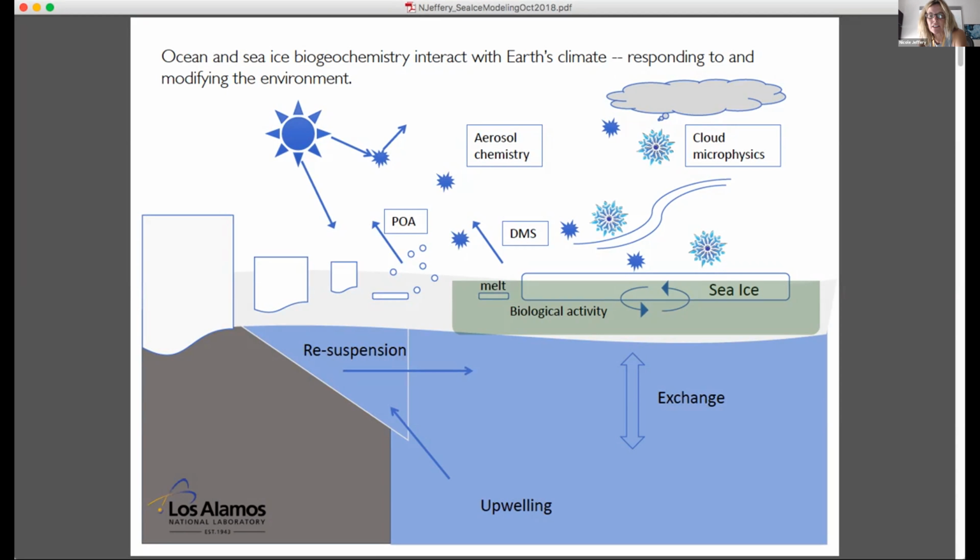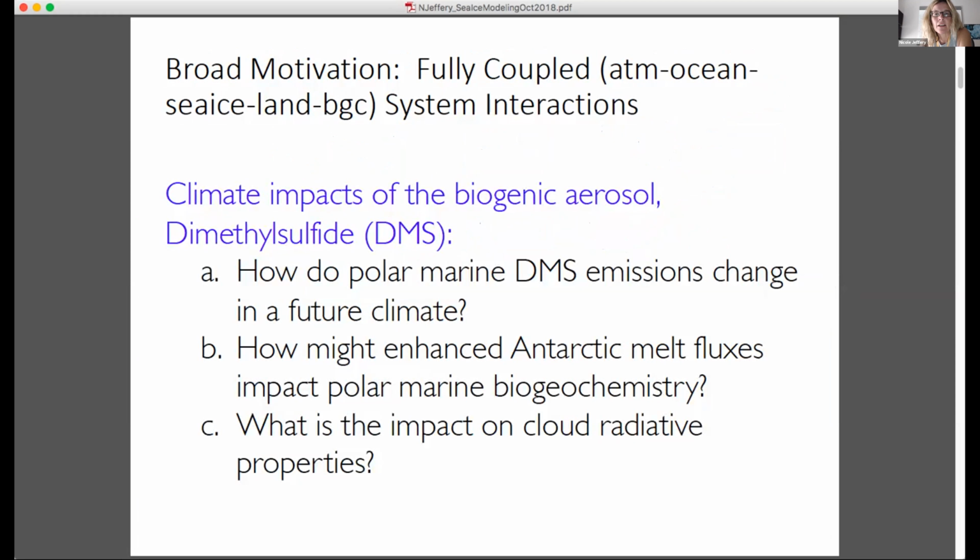We're in the polar regions, and the biogeochemistry is in the ice and the marine system. The feedback we're interested in is the DMS production, which influences the cloud microphysics and brightens the clouds. We were interested in melt from the Antarctic and changes in the circulation and warming of the system. So the sea ice plays a role in this.